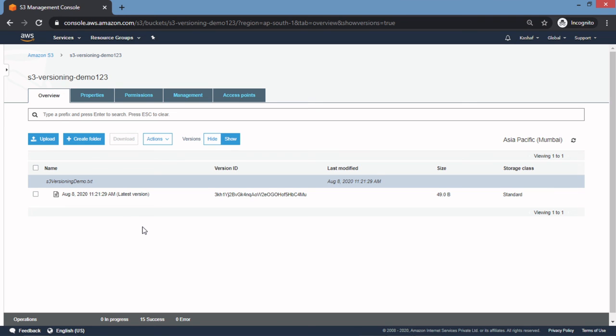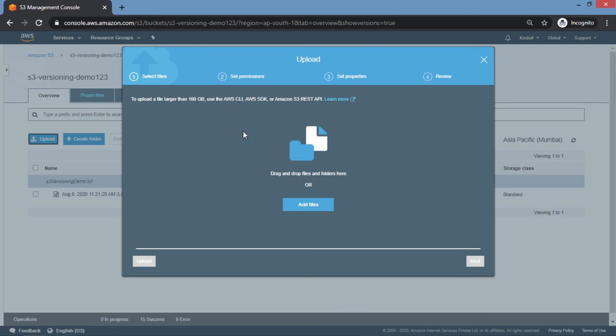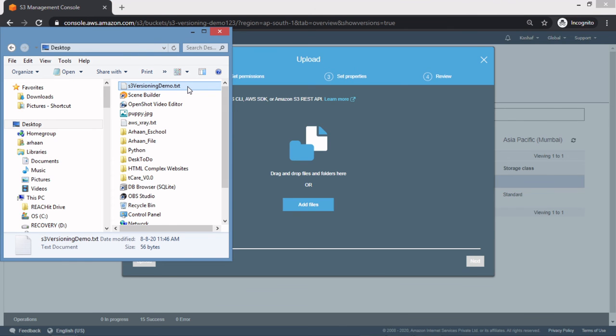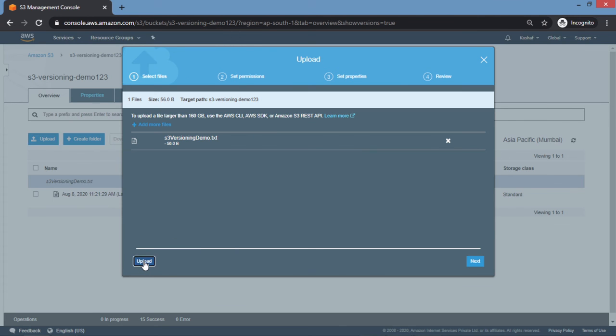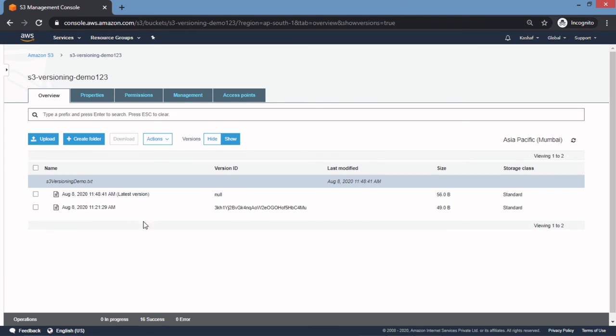When I call that put request again, a new version will be added again with the version ID null. So let's see. We will then have version ID null again. If we want to delete, then a delete marker will be added and the object will be deleted permanently, but there is no effect on any specific version IDs which were generated by Amazon S3.